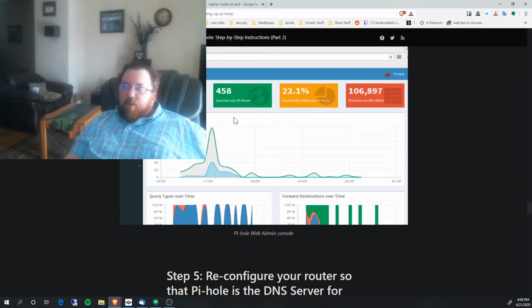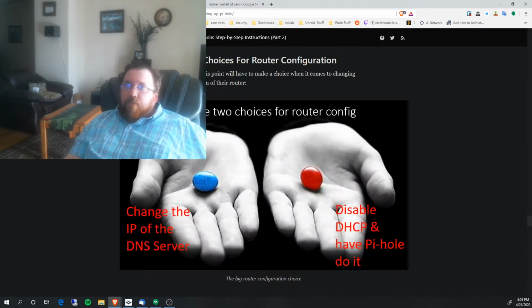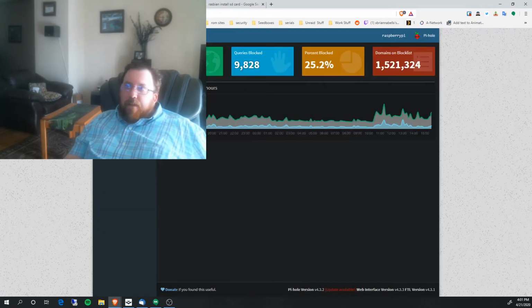Then it's going to bring you up to this page, which is the general dashboard that you will be presented with. So as you can see here, I've got 16 clients, which is my various VMs, Docker containers, everything set up, how many domains that are being blocked, their percentage, and the queries that actually got blocked.